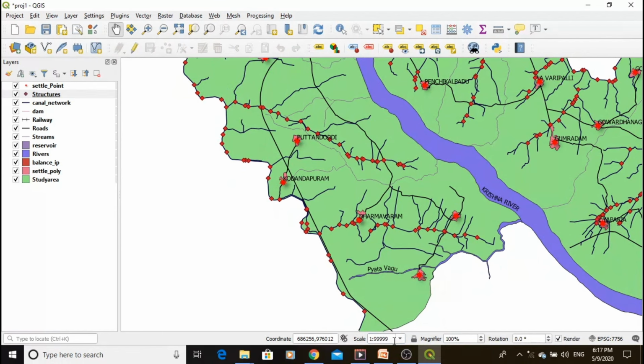But as soon as you reduce your map scale to less than 1 to 1 lakh, that feature will disappear from the map. Okay, that is called scale-based visibility of the feature. And it is important because first it improves the visibility of your map. Also, during